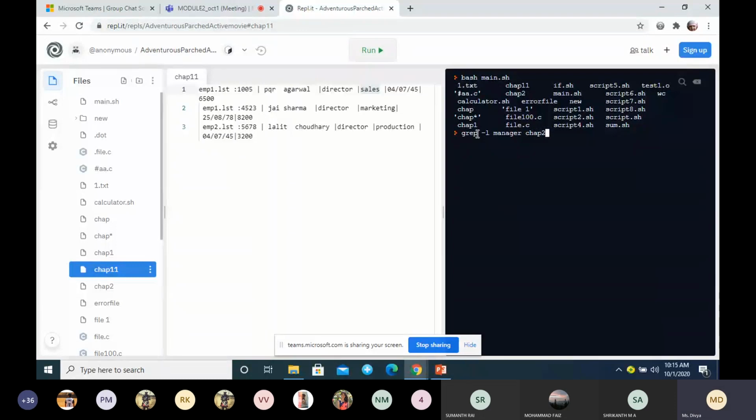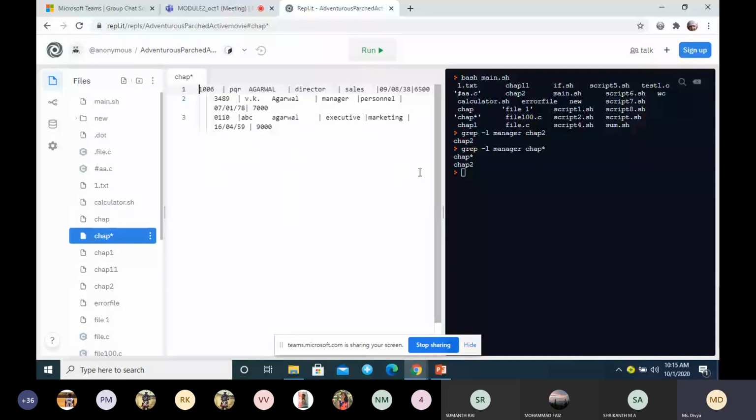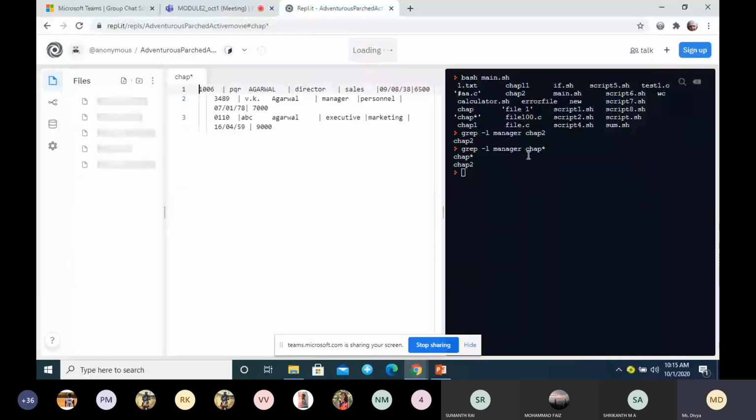So minus l will display the name of the file. So you can go for CHAP star. So what will CHAP star do? What does the star wildcard mean?